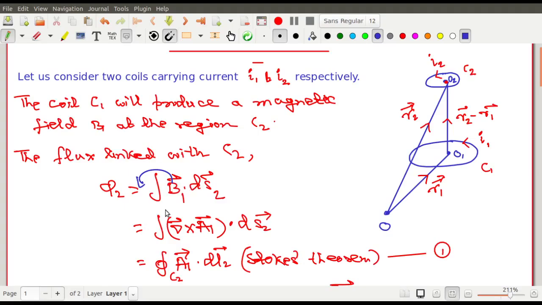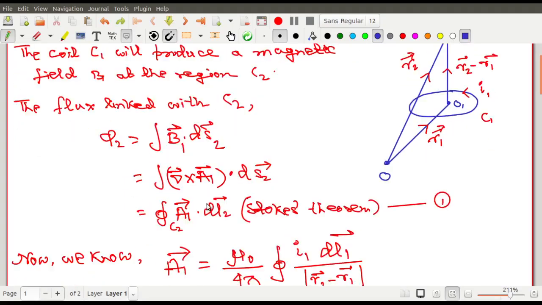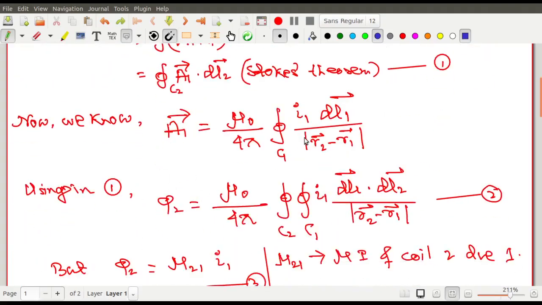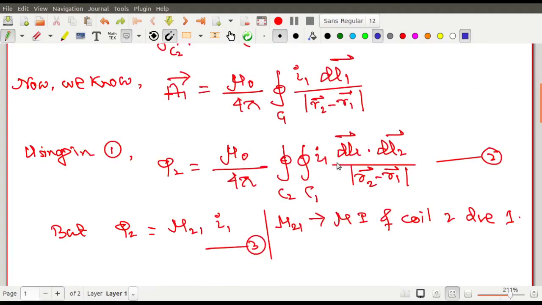আমি আজকে কিন্তু B1 টাকে constant বলে বাইরে কিন্তু আনিনি. Rather, I have expressed B as curl of A, then the Stokes theorem, then the value of A. You see that I did not take anything outside the integral as a constant. So that's the difference you should understand, because many students put it as a question to me in the previous